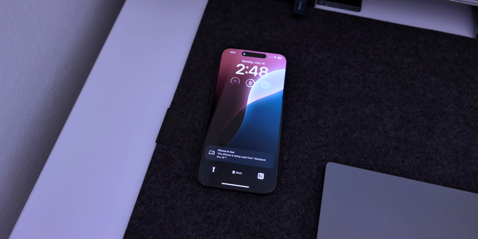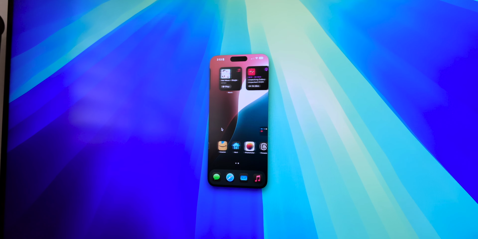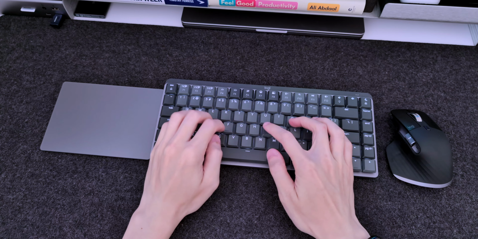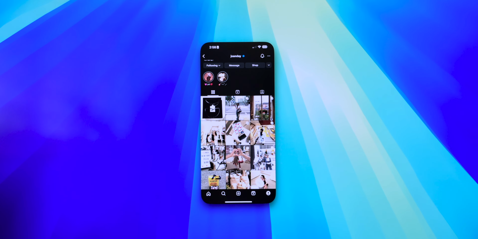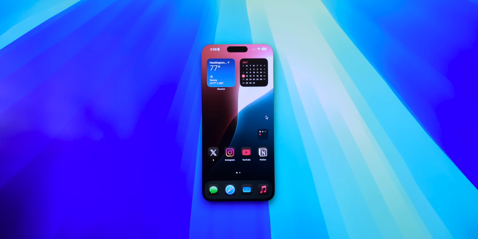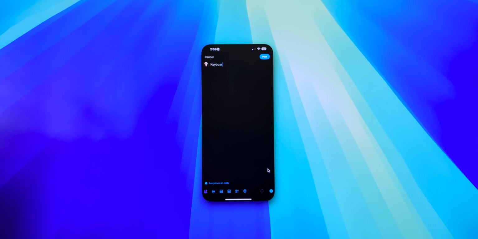Once you're in, your iPhone remains locked, but you can still use it like you normally would, but everything is done wirelessly with the keyboard, trackpad, and mouse. But I did notice that scrolling works best with Apple accessories. With the Magic Trackpad 2, scrolling around feels natural, but with my mouse of choice, the MX Master 3S, I can only scroll left and right on the home screen by clicking and dragging. Luckily, the MX Mechanical Mini works just fine.